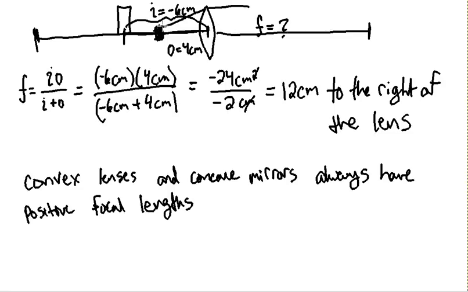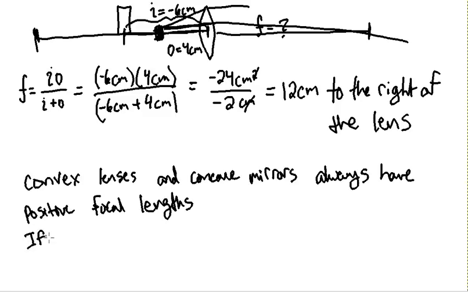So if I have a line right here traveling straight parallel to the principal axis, it will bend and pass through the focal length accordingly. It'll just appear as if it came from back here, because if I follow this line back right here, it would appear as if it was coming from right here. So for these ones,